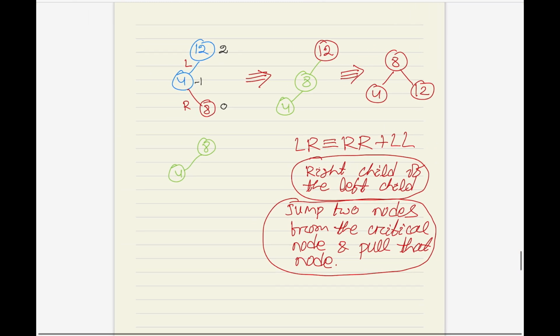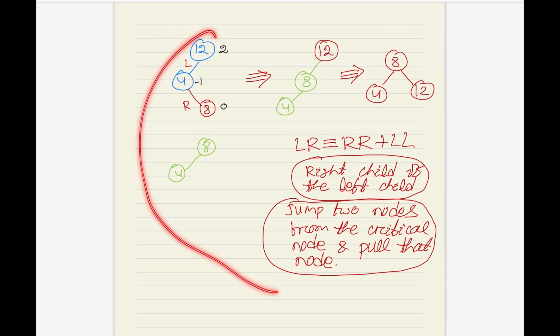So this is the basic of LR rotation. Now we will see some more examples on this. So consider a tree like this. Suppose 10 is the root here, so we have the root 10,